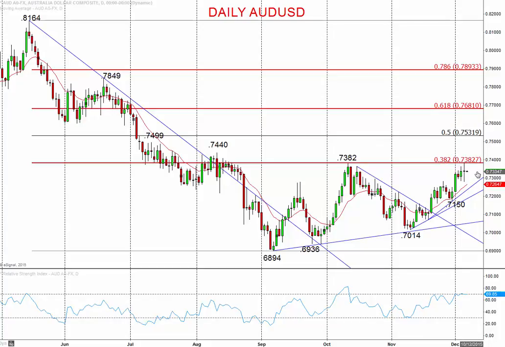And we're now going to take a look at both the Australian dollar and the New Zealand dollar versus the US dollar and potential basing structures for these two currencies versus the US currency as we go through now into early to mid December. Well, the Australian dollar v US dollar in here having had this strong rally from early